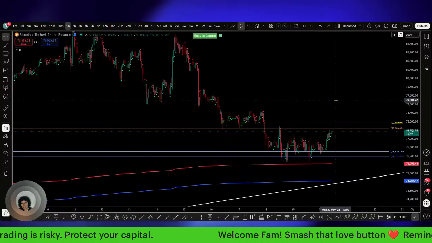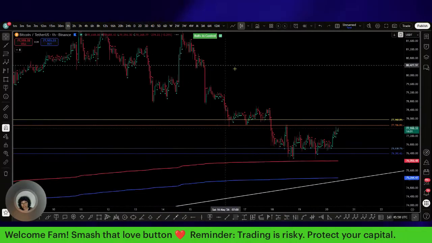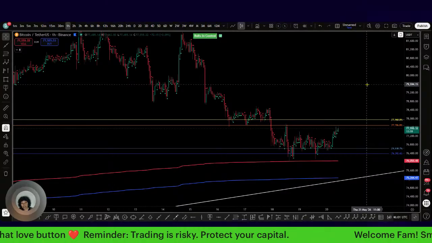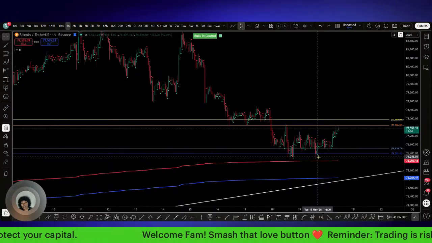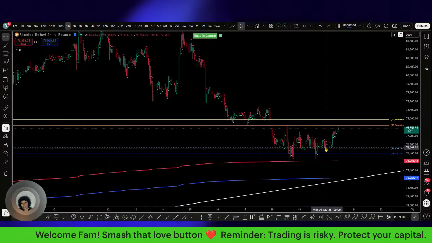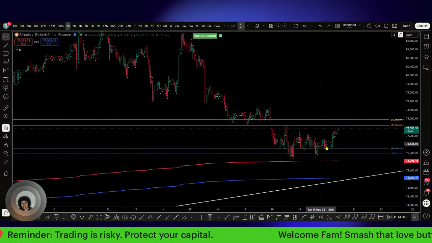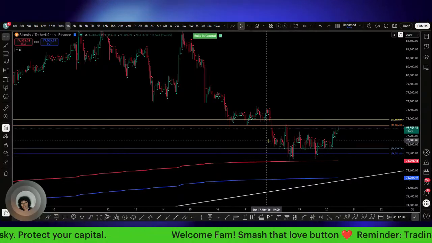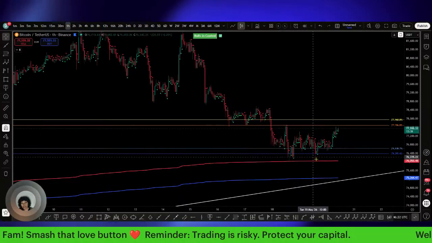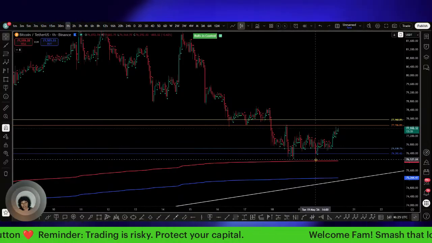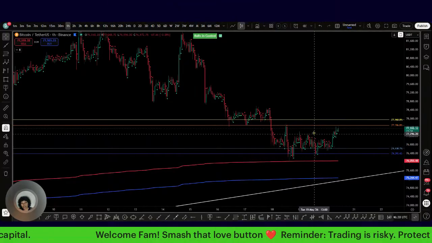Now, I see that rising wedge on that 15-minute time frame. I don't really see the head and shoulders right now. I know yesterday we were talking about a potential head and shoulders in here, and it looks like we did it again right here. I didn't pay attention to this little triangular structure in here, but I did pay attention to this. Volume was confirming that inverse head and shoulders through here. But yesterday this little wick right here just kind of spoiled that for me. But then I was like, well, maybe this is it. Maybe that's it.